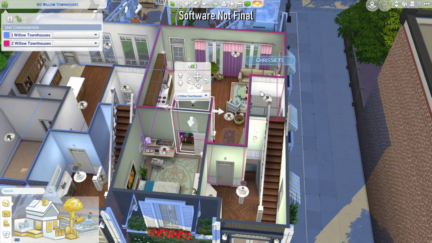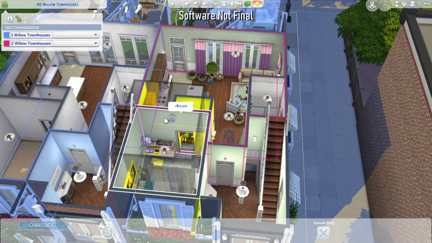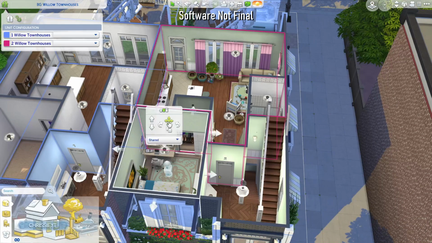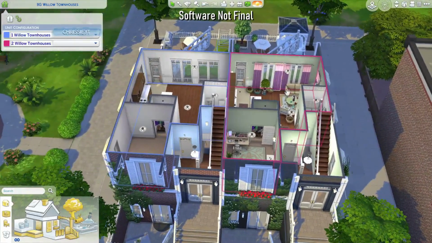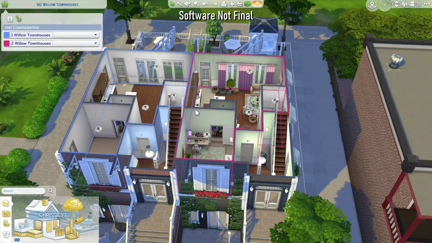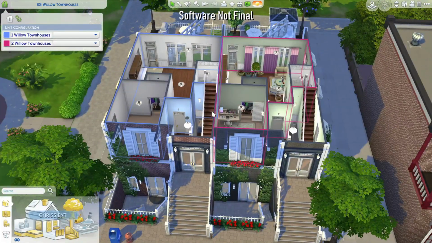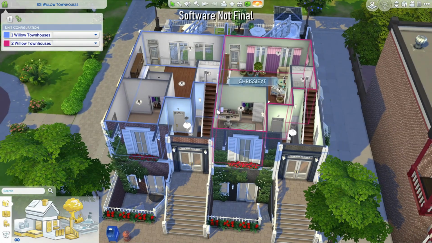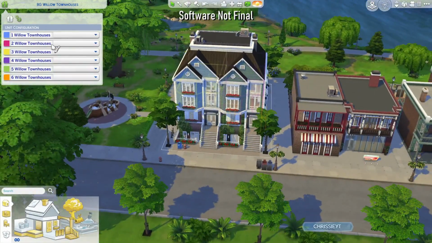But basically you're going to do this for all of your apartment units. So if you have 4 apartment units on a lot, you're going to do that 4 times, or 6 apartment units. Currently the max cap for this is 6 apartments, but I will show you guys a cheat to up that a little bit. Okay, so I have just gone and assigned all 6 of the townhouse apartments that I have